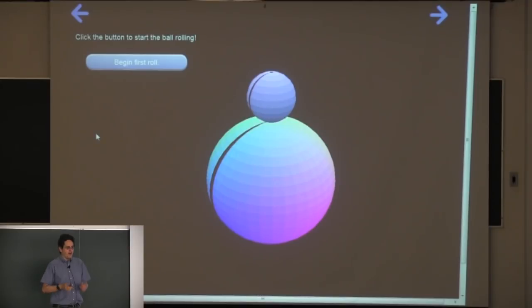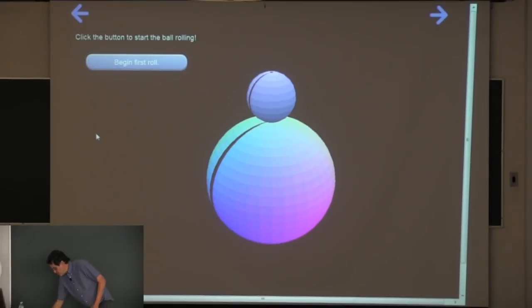But how do you draw that? How do you draw something that when you turn it around 360 degrees, it looks different? Well, that's where the magic of animation comes in handy. You just have it change color. So the color will depend on the amount of rotation. So we'll roll